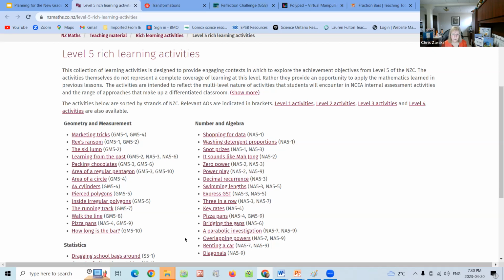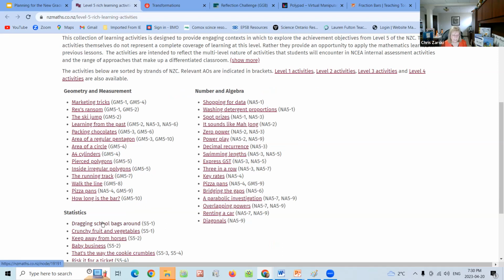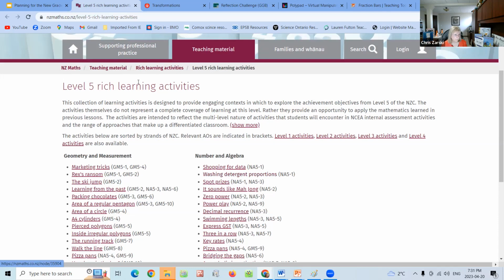So maybe I want to do a formative, maybe I want to do a mini assessment, summative. These can be edited. So go in, have a look, first of all, at the strand that is indicated. Is there something that grabs your eye? Check it out and see if that's something that you could edit, use as is, or gives you an idea, or use as a model, or give students, saying, I have 4 things that you can choose from for a question, whatever unit it's in, and then give them choice of all 4. Case in point, the work has been done. You just need to use whatever's there and edit it to make it work for you.